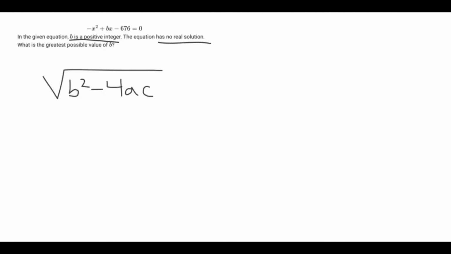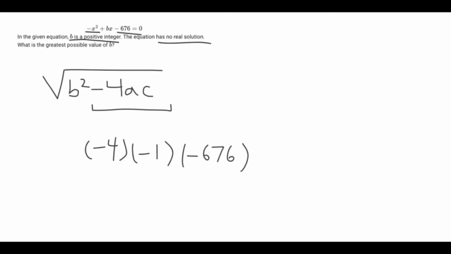So in order for us to calculate this, we just need to know what this part right here, the negative 4 times a times c, is equivalent to, and then just find a b value that is less than that, but the greatest possible value. I'll show you how to do that. So let's first calculate negative 4 times a, we know our a value is negative 1, times c, our c value is negative 676. And this will give us a value of